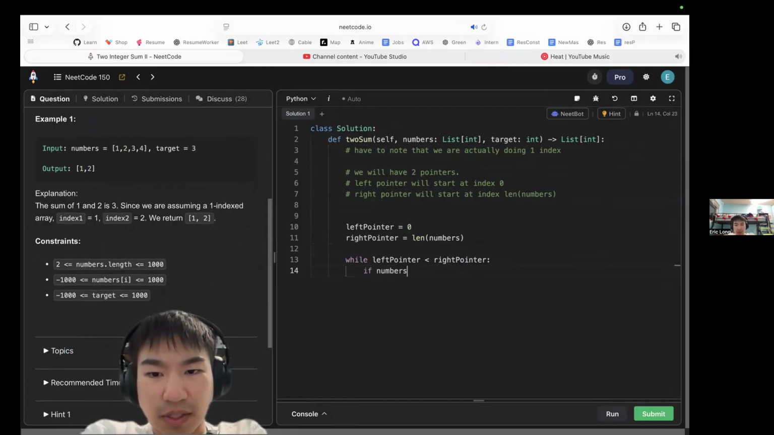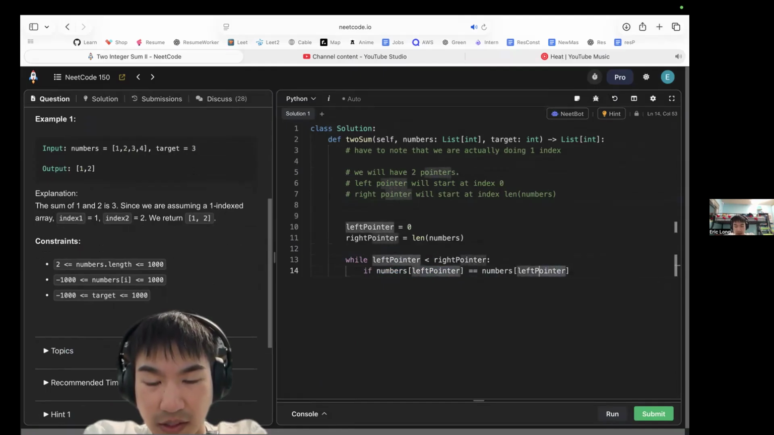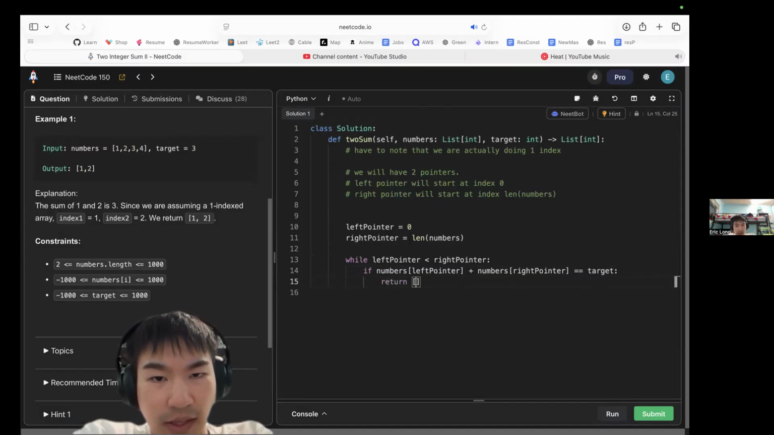Say if numbers at left pointer, I'm gonna copy this, plus numbers at right pointer. We add these up together. And if this is equal to the target, then we can just go ahead and return those indexes. Well, we know left pointer, we would just return the